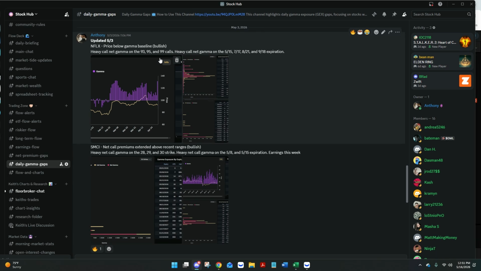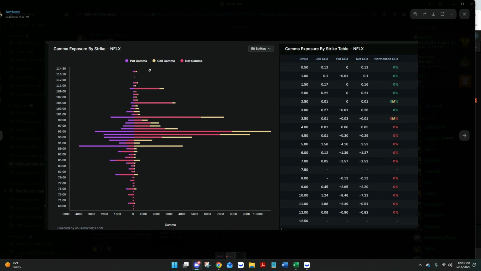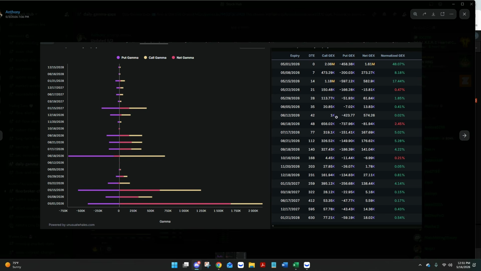Netflix is one that did not work out. At the time, again, heavy net call gamma on that 93, 95, and 99 call. Looking at the gamma exposure by strike here, you can just see all that net gamma on those call side expirations. They were aiming at the time there, that 5.8